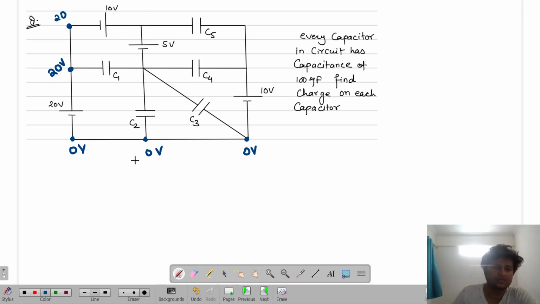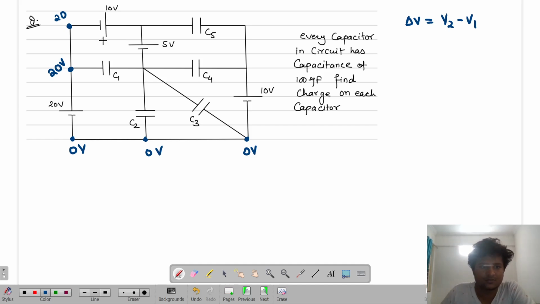Let me do it in this way. This is 20 and if it is opposite. See, I'm considering, pay attention, that I'm considering the first plate first. The net potential I have to consider is V2 minus V1. Are you able to get me? And if I find the first plate as negative when I'm traveling, then I'll consider it to be negative potential. If the first particular plate is negative, are you able to get me or not?